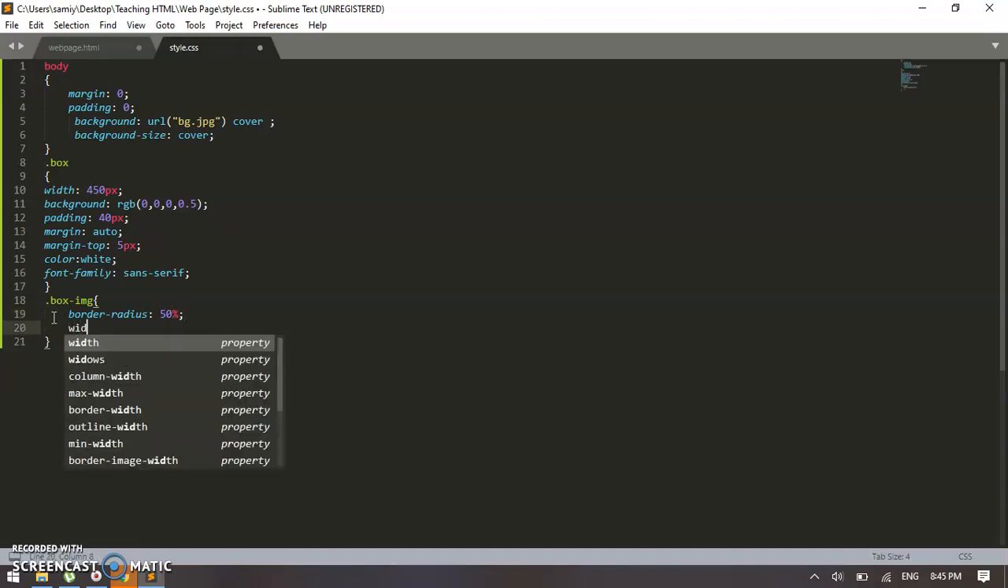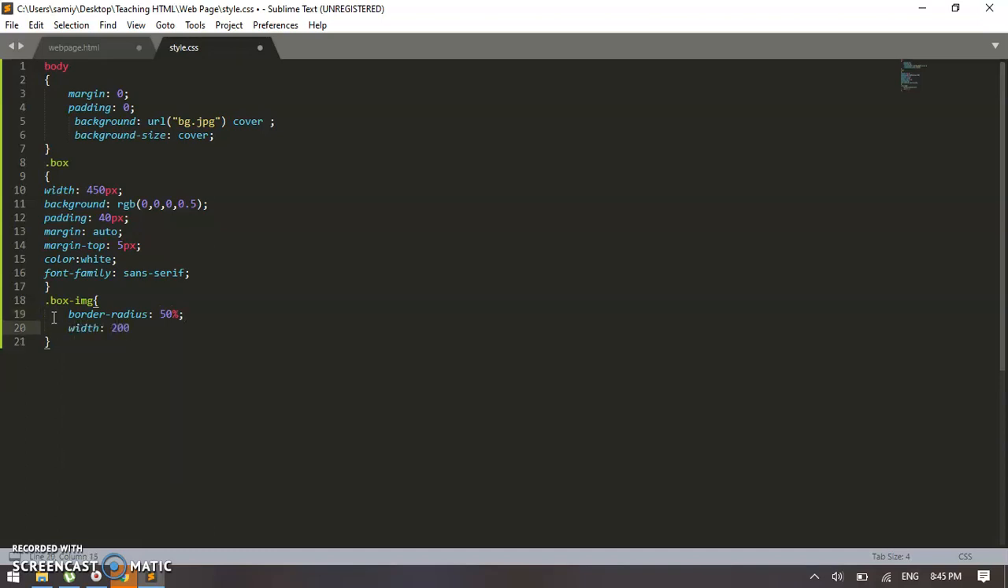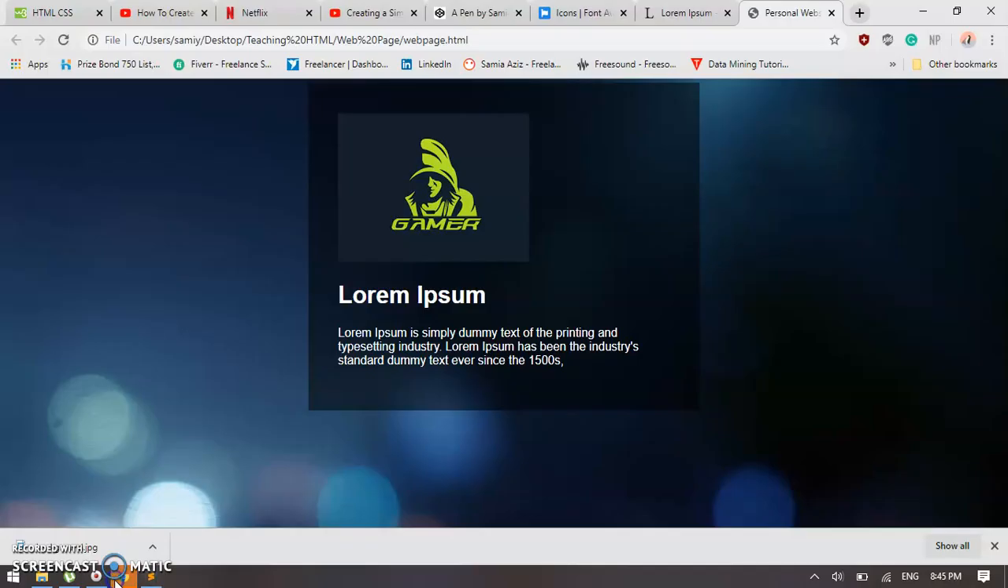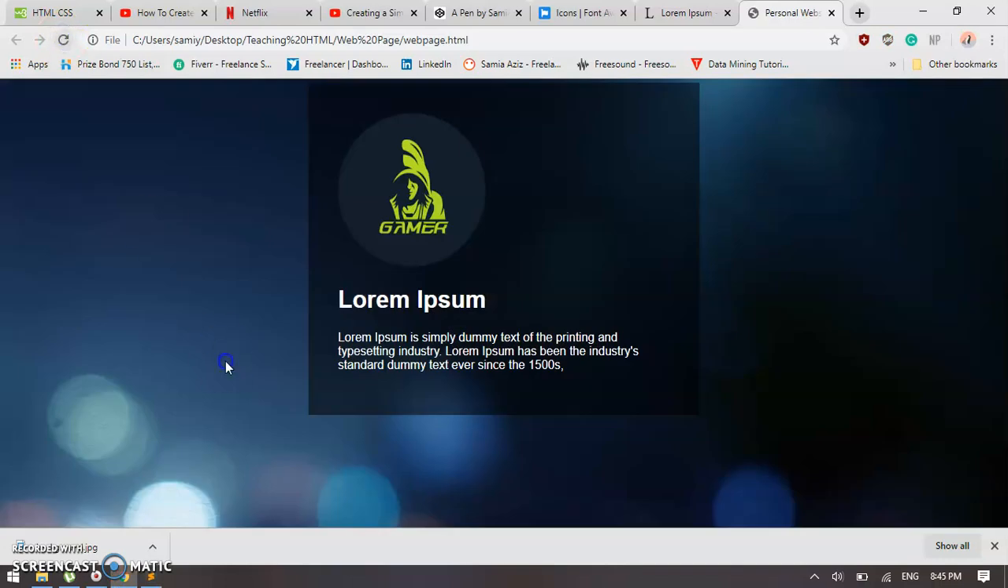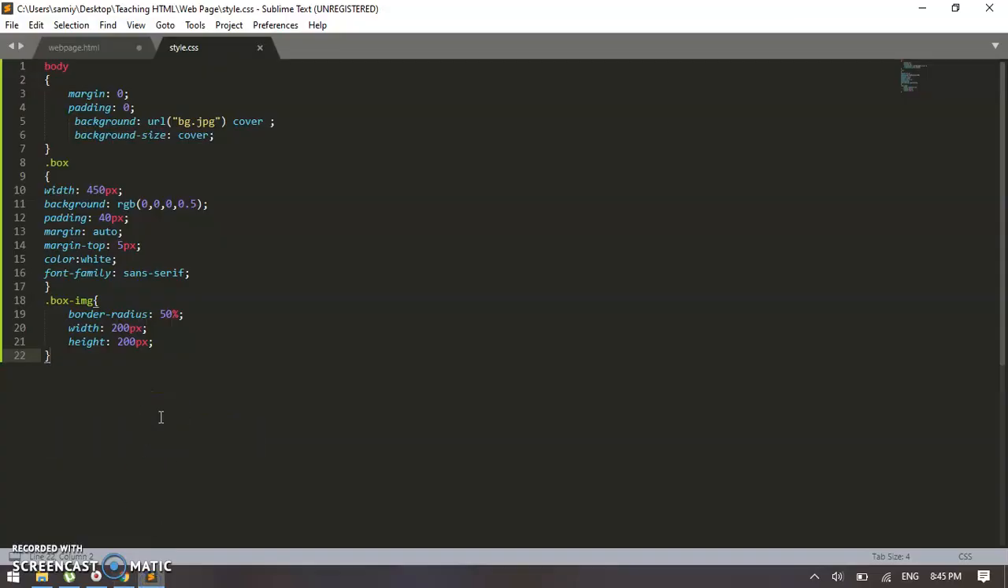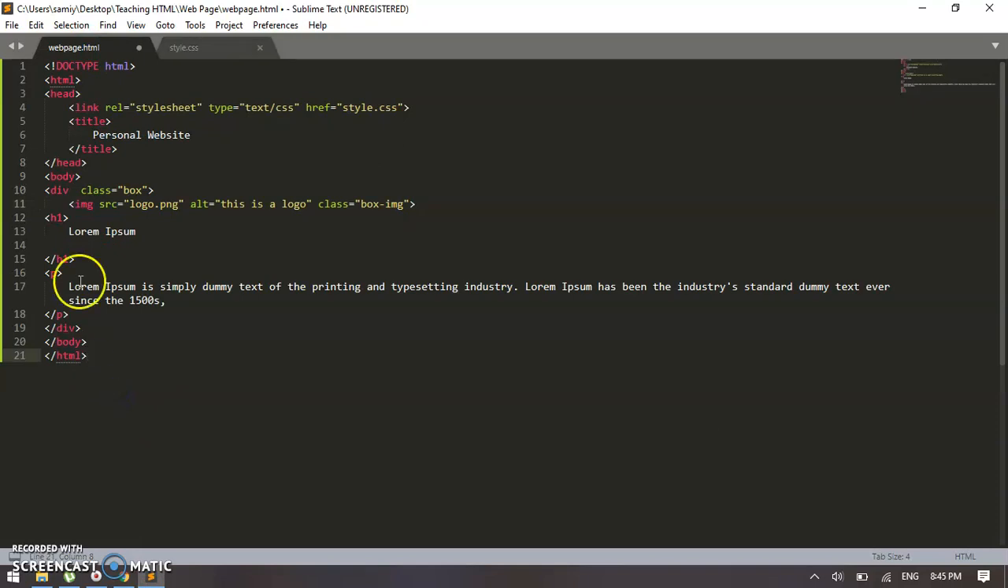and we're gonna add width of 200 pixels, also the height of 200 pixels. And now I'm gonna see how it appears to be. Now it just gives the look of a little logo as it was. So moving on here,